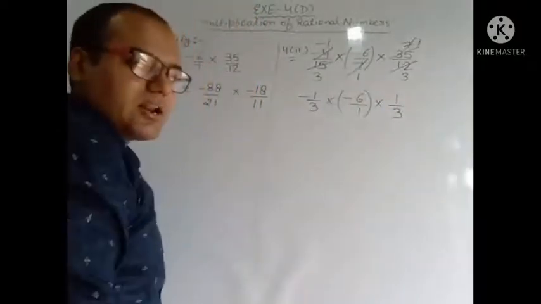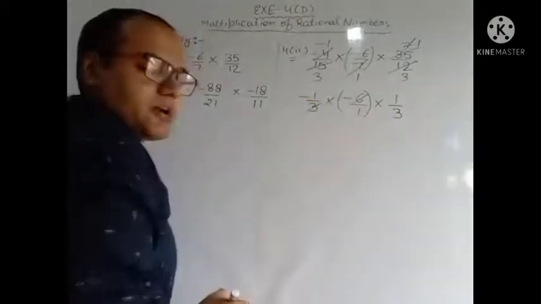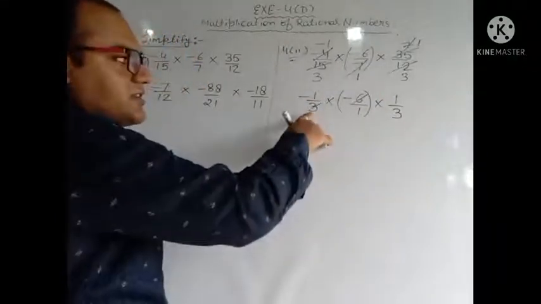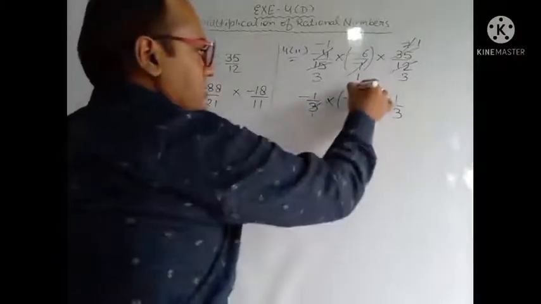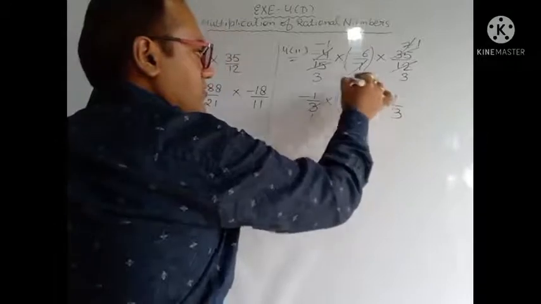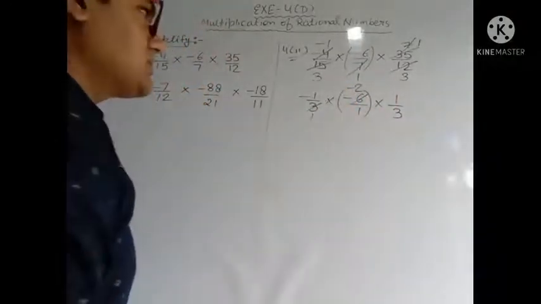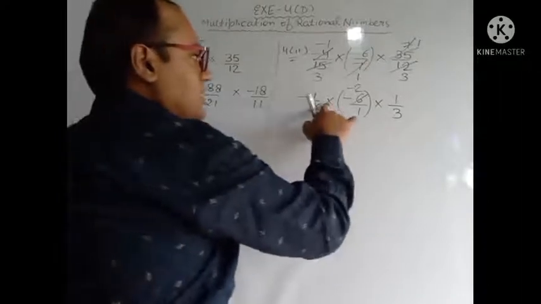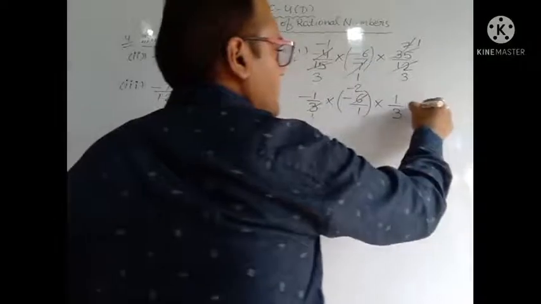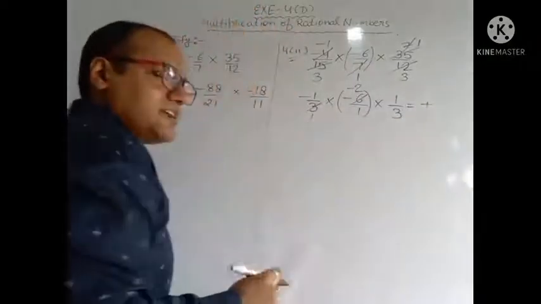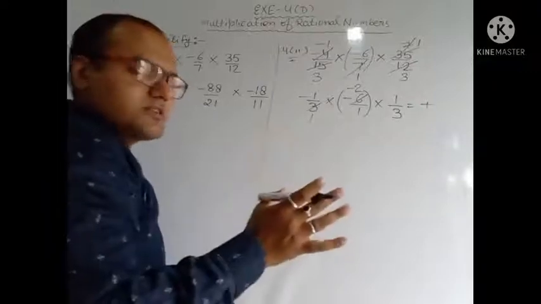Here we can cancel again. If you observe, this 3 and 6 both are coming in a table of 3. This 3 is in the denominator and 6 is in the numerator. So 3 ones are 3, 3 twos are 6, minus we will use here because of this minus sign. We will put in the answer also minus. Now minus multiply minus, answer will be plus. So in the answer we will use a plus sign, and the plus sign is not compulsory to use. If you do not use the plus sign, your answer will still be correct.